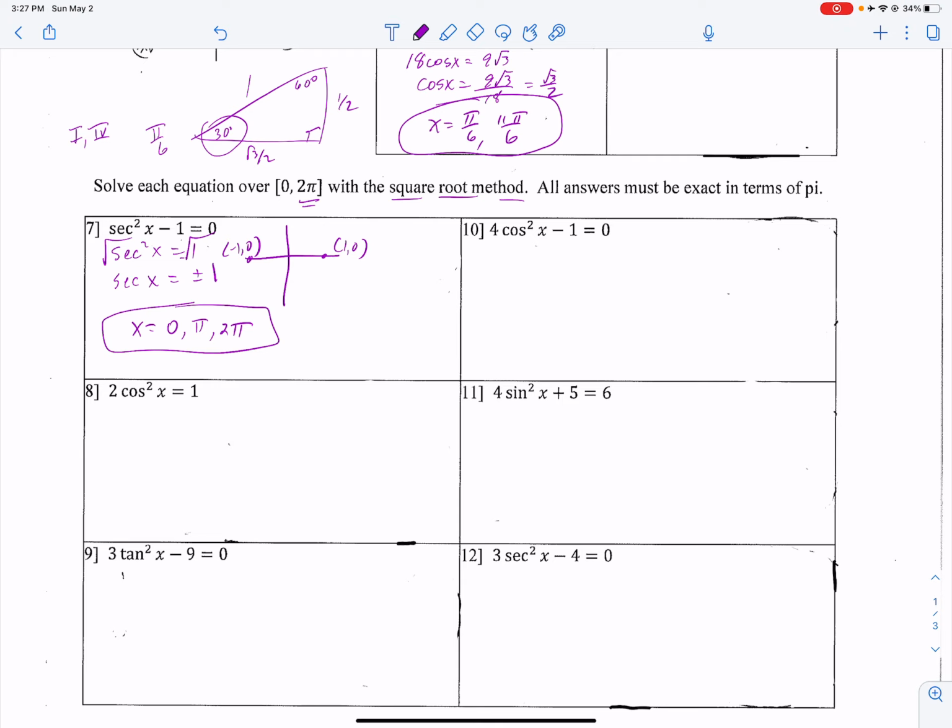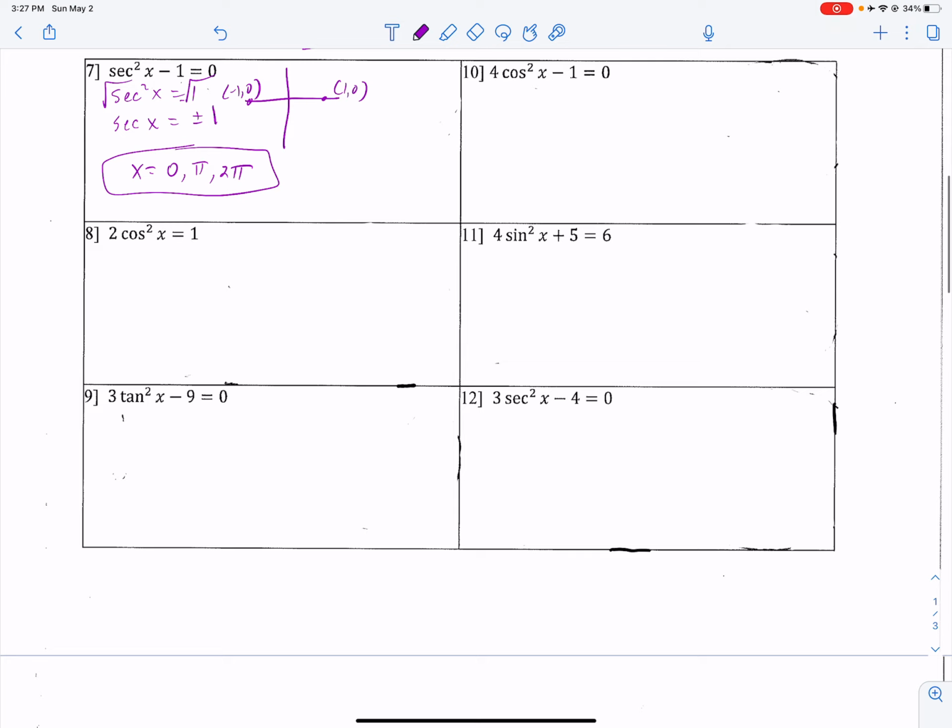And those are the angles where the secant will be plus or minus 1. Number 8, solve for cosine. So start by dividing by 2. And then we are going to take the square root of both sides, but remember you need plus or minus,